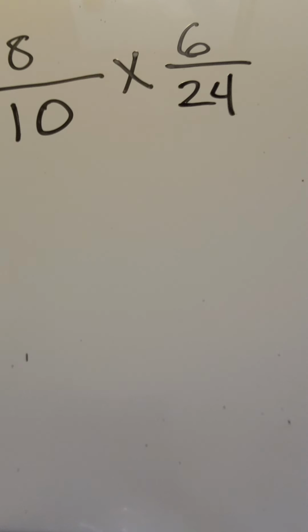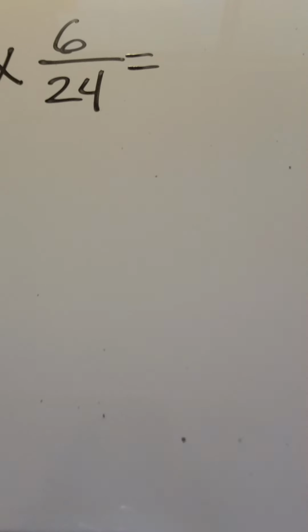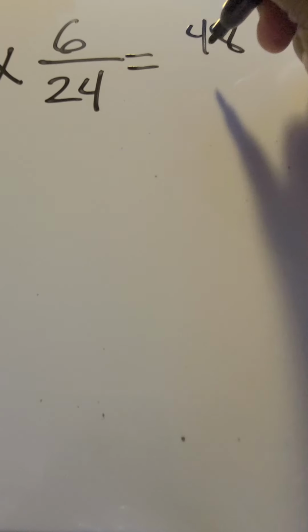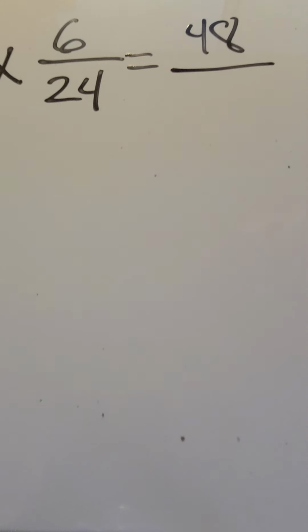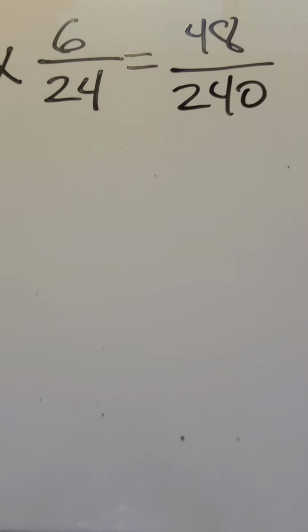Now we say to ourselves, this should be, well, we're just speaking in fractional terms, a pretty small fraction, because when we multiply 8 and 6, 6 times 8, we get 48. 10 and 24, 240. Now, these numbers are kind of big, and to reduce this,